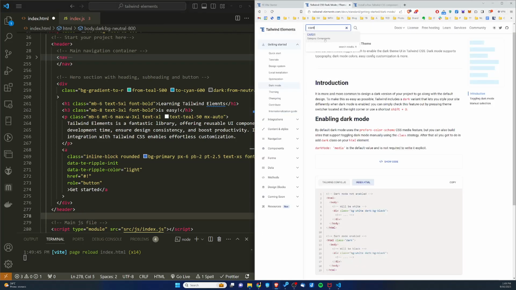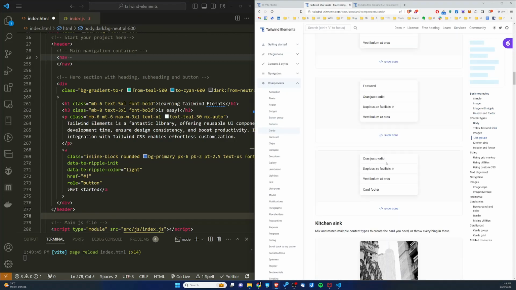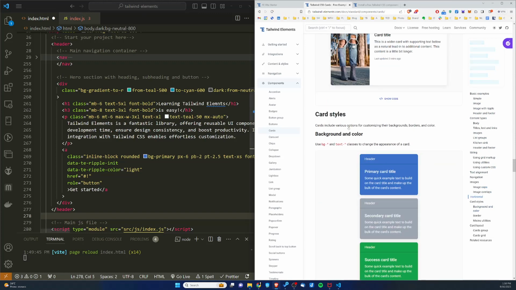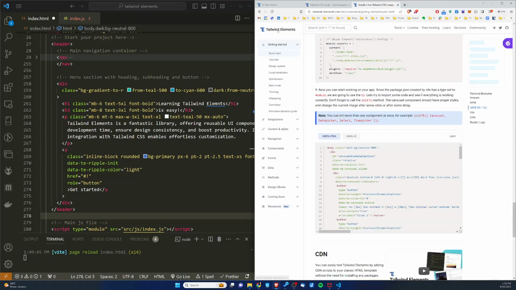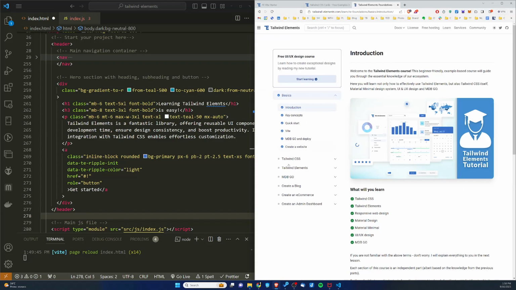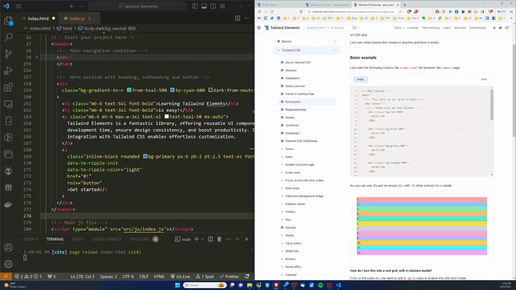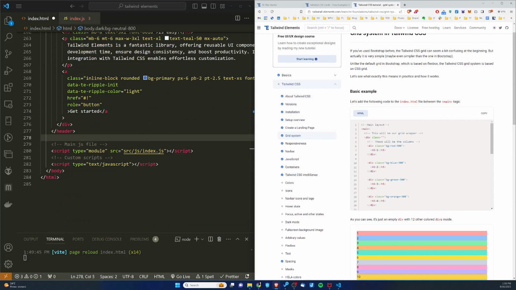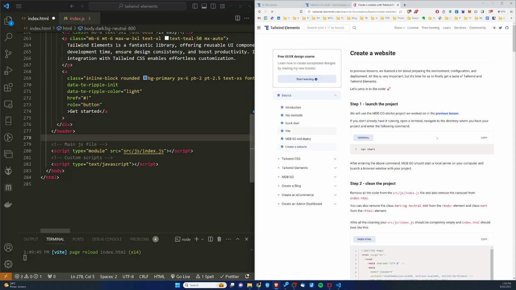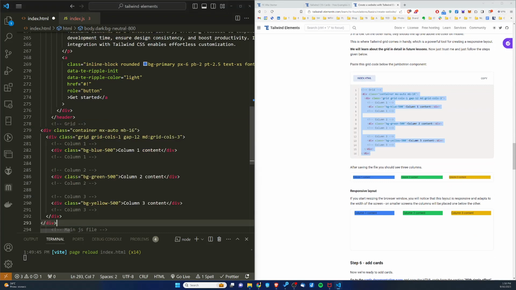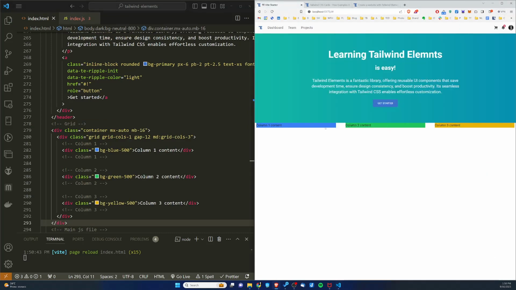So cards are great components to show content. You can find many examples in the documentation. But before we're gonna use that, let's first add some grid. So if you wanna learn more about grid, you can check our tutorial, which is available for you in tutorial section. And if you navigate to grid system, you can learn everything about grid system from Tailwind Element. For now, I'm gonna use predefined example, which is available for you in one of the lessons over here, named Create Website. So let's just navigate here and copy this simple example, which is a basic grid with 3 columns,